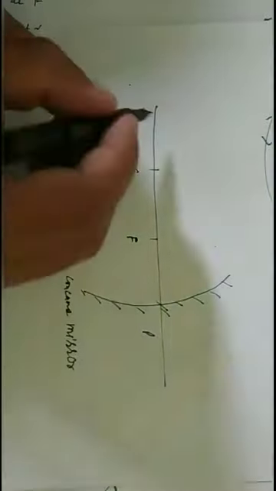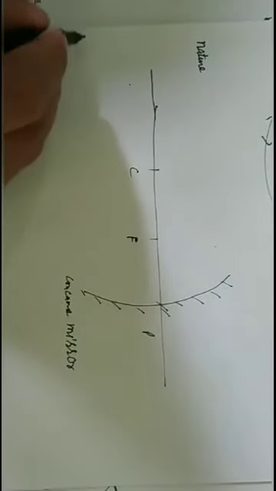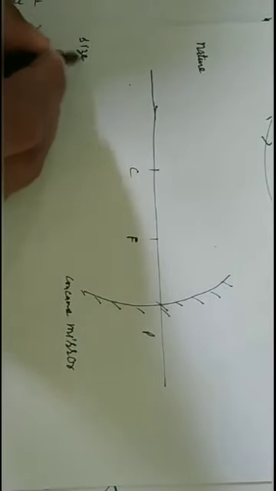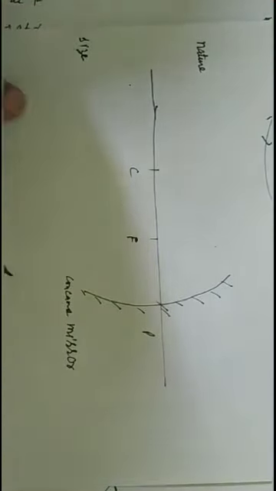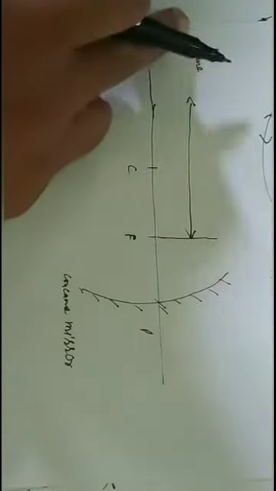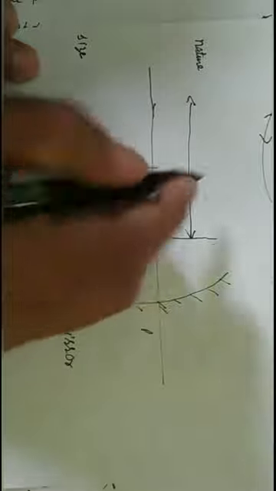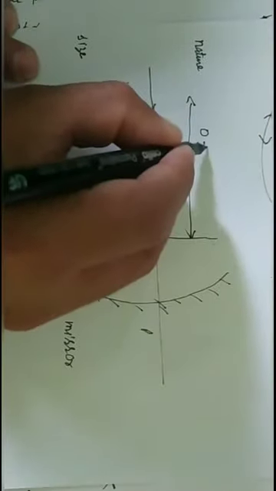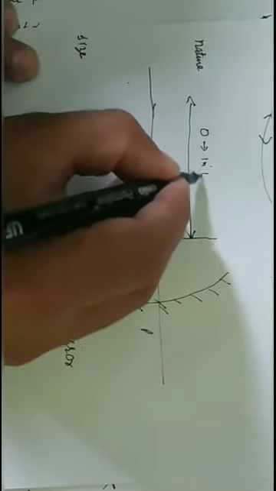Here I will tell in terms of nature, and here I will tell in terms of size. Now in terms of nature, the focus is a turning point. If you place your object anywhere in this region, from infinity to focus,